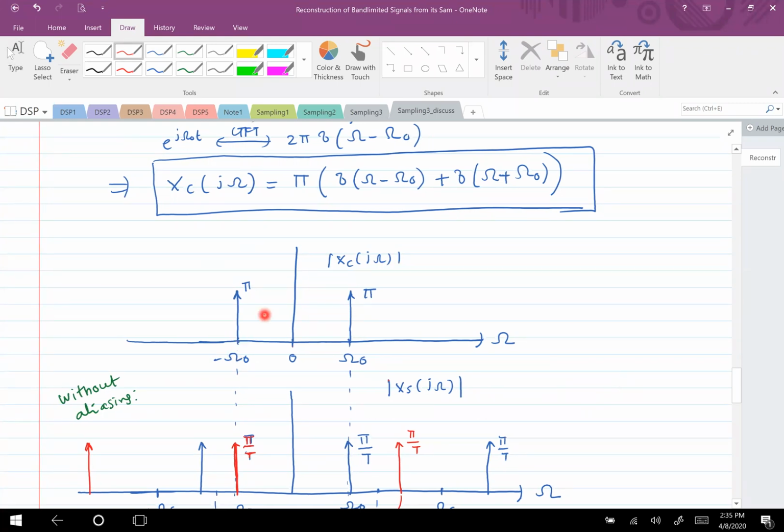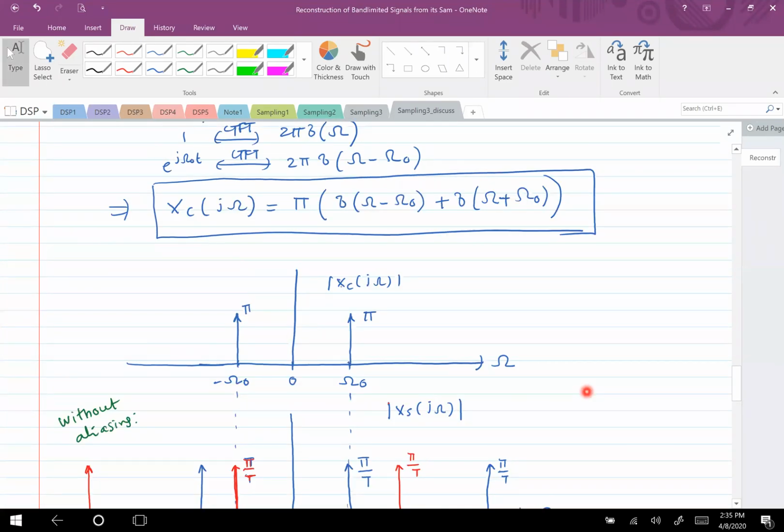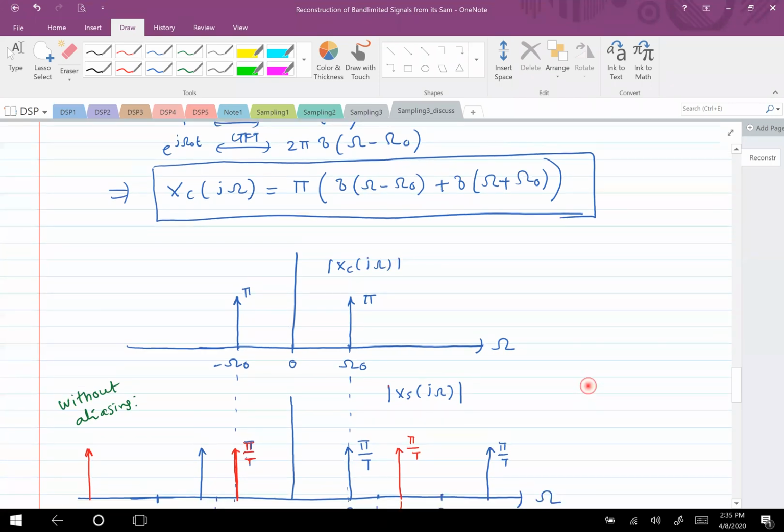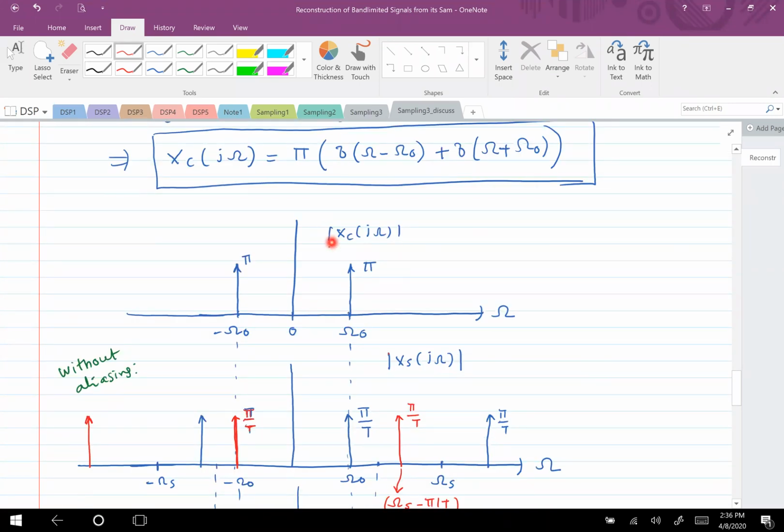So you come here now. At omega equal to omega naught, there is a continuous time impulse, right? And its magnitude is multiplied by pi. Similarly, this would give you another continuous time impulse at omega equal to minus omega naught, again multiplied by pi. So that is your xc of j omega. Okay, and then I could simply write here xc of j omega, because those values are real, I think, right? Okay,